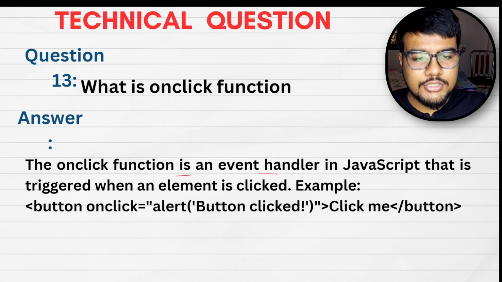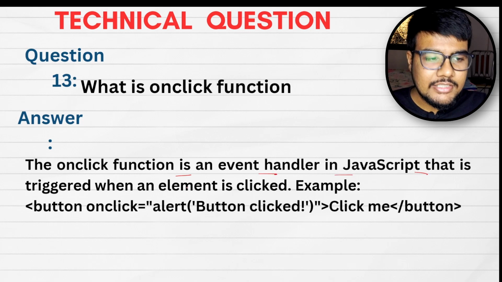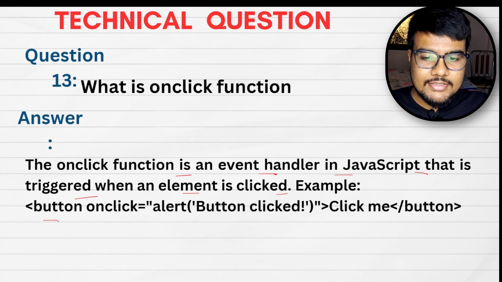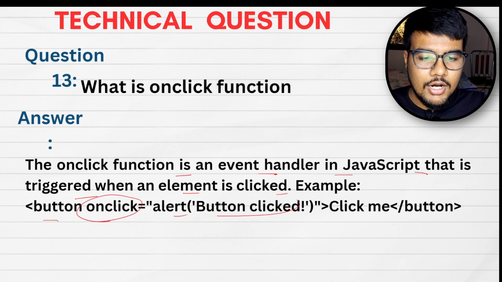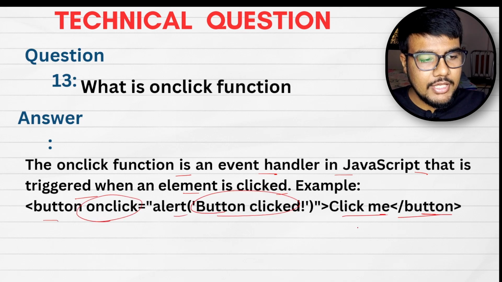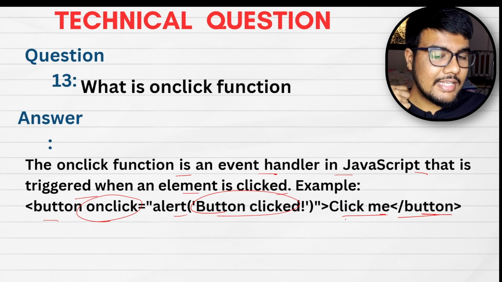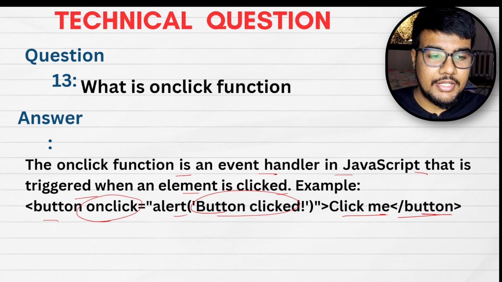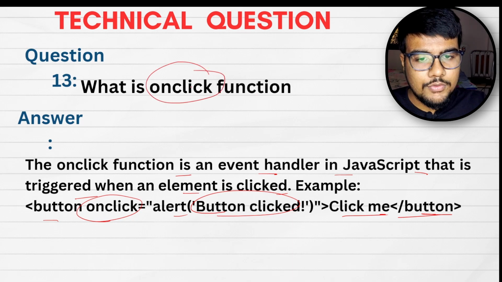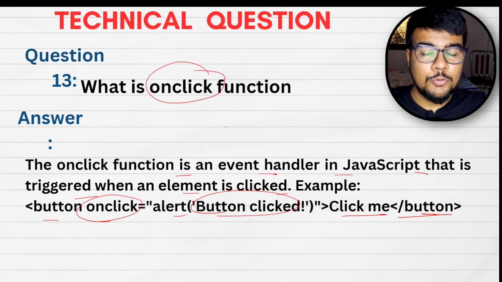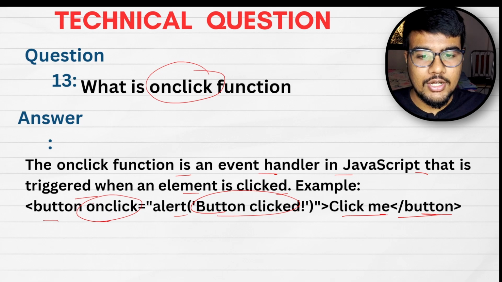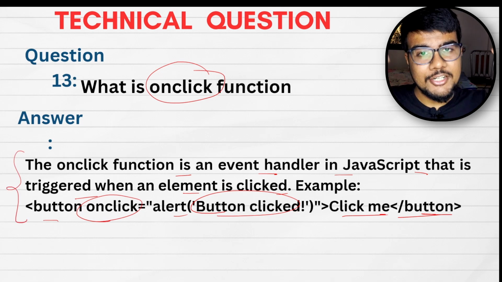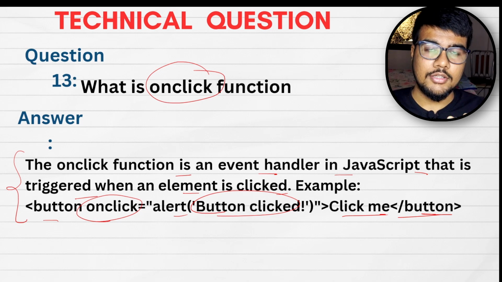The onClick function is an event handler in JavaScript that is triggered when an element is clicked. Example: button onclick alert 'Button clicked', and a 'Click me' button. What it will do is, if there is an alert, then 'Button clicked' will pop up on your screen. So this is a good definition of the onClick function. Please go through it and put this into your mind so that if anyone asks, you are able to